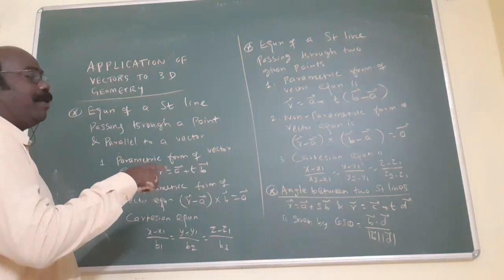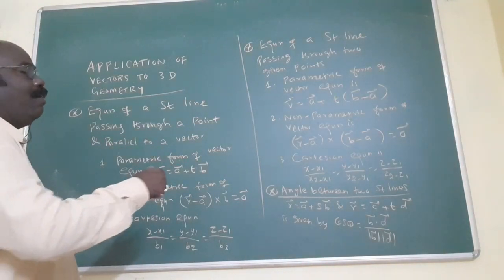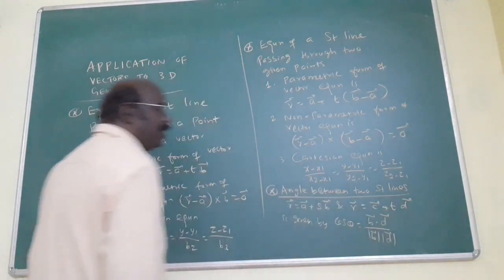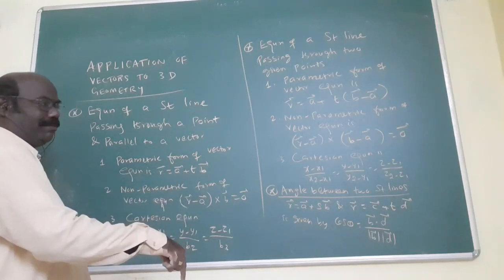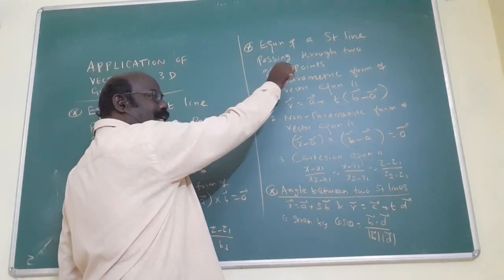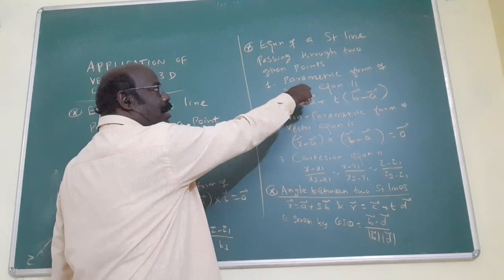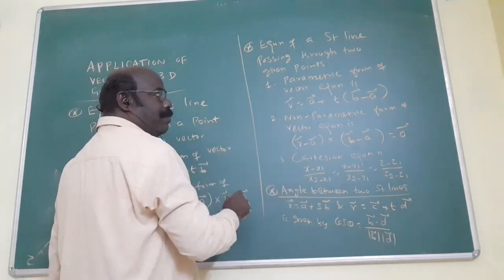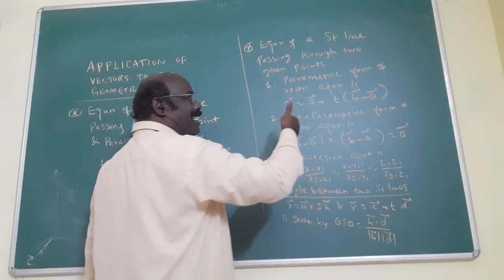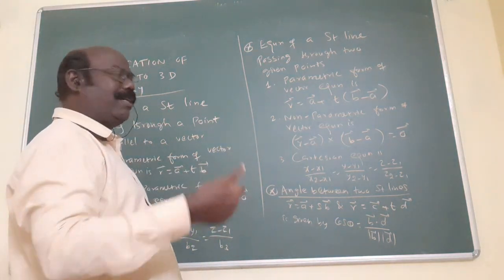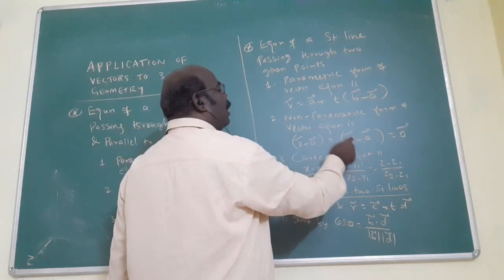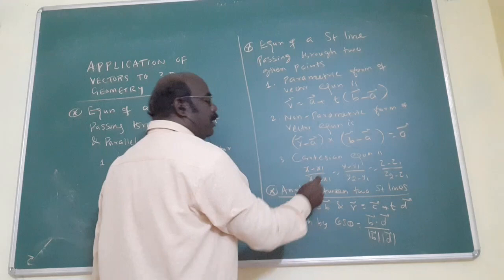About the same question, the angle between two straight lines: the vector equation may be given, with b after the scalar in one and d after the scalar in the other. Suppose the Cartesian form is given. Angle between two lines can be given in three formats: non-parametric equation, parametric equation, Cartesian equation. Suppose this type of equation is given, you will identify which is the A vector and which is the B vector, the first point and second point. Substitute here, this is the non-parametric form. In this format, x1, x2 are given.